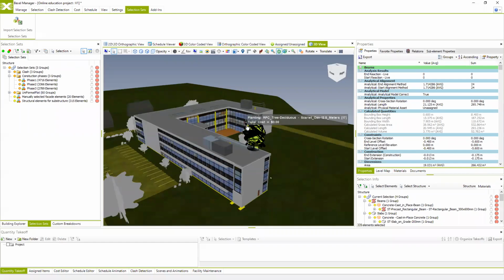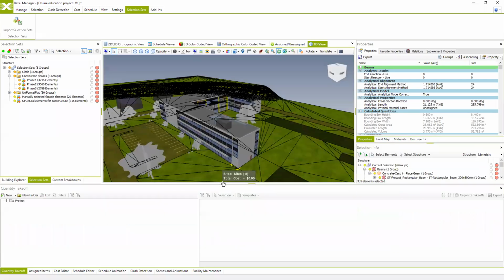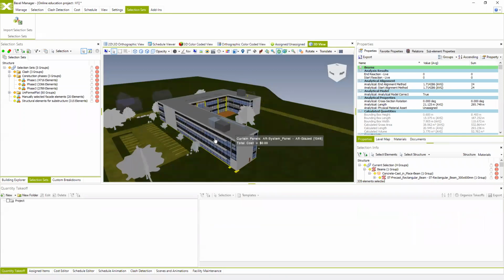So now I'm going to explain how you can create simple scenes and animations for your projects, and how you can export these animations into videos and use that kind of materials for promotion and to coordinate with your participants on the project. So if you want to use scenes and create specific images of your BIM model, then you have to use